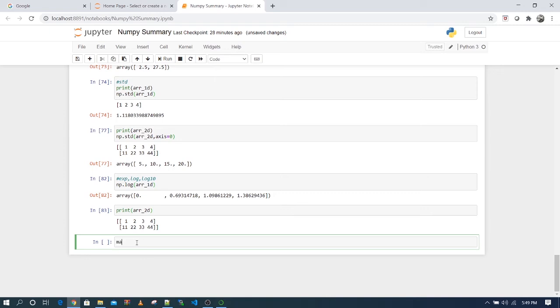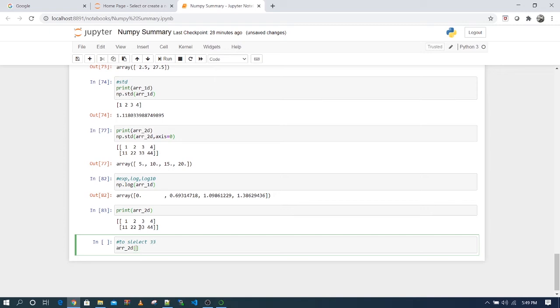So I have to specify array_2D, the name of the variable, then you have to use square brackets. Then you need to first specify which row, to select 33. Let me show you.